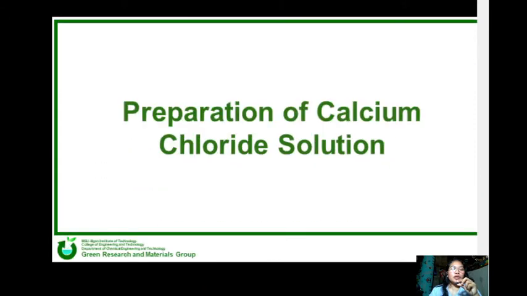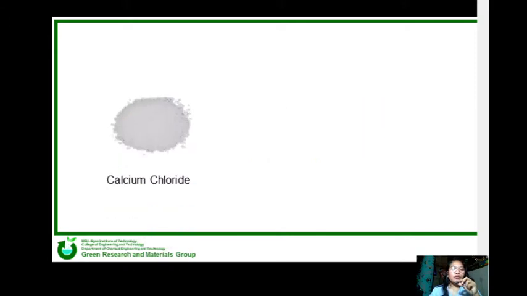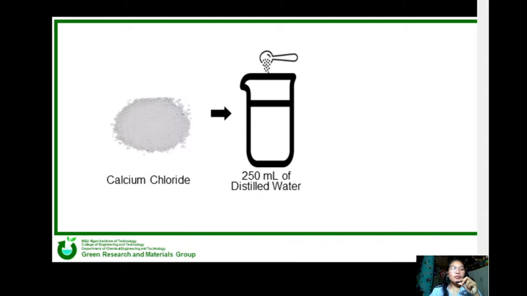Calcium chloride solution with a concentration of 5% weight will be used as a bath during the extrusion of the adsorbent beads. To achieve this concentration, 12.5 grams of calcium chloride will be weighed and crushed further. It will then be placed in a 500 ml beaker and dissolved with 250 ml distilled water using